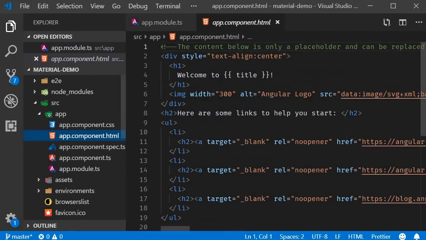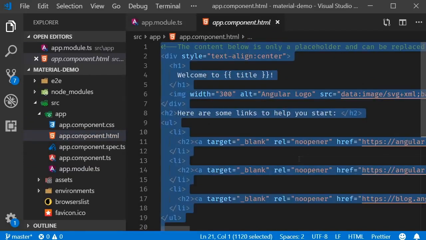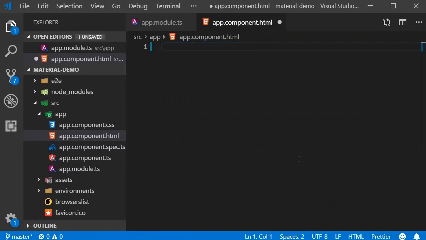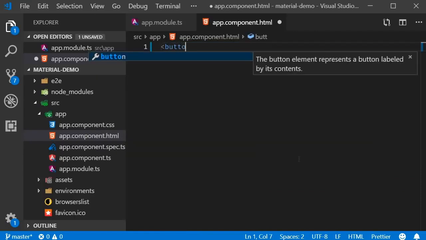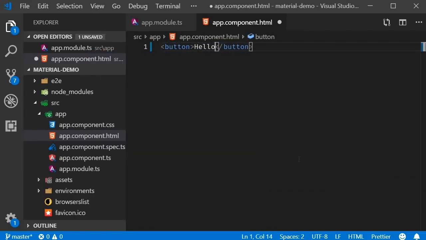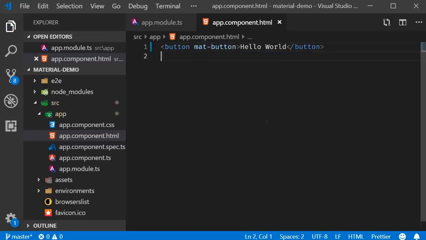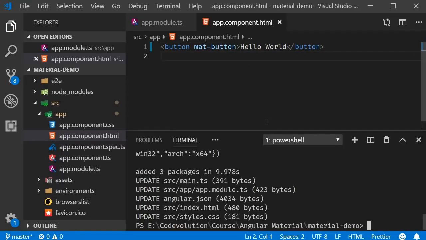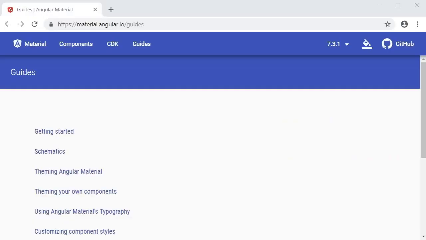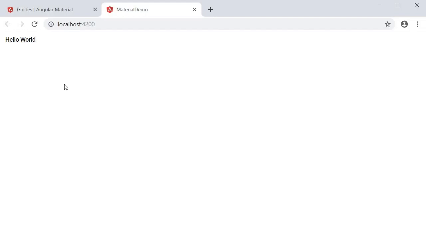So in app.component.html, wipe out the existing HTML and add a button tag with the text Hello World, but also with the directive mat-button. Now let's run the application. In the terminal, run the command ng serve -o. In the browser, you can see that we have a button that says Hello World, which is styled with Angular